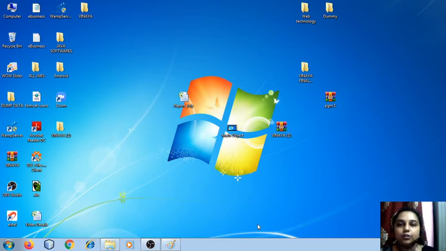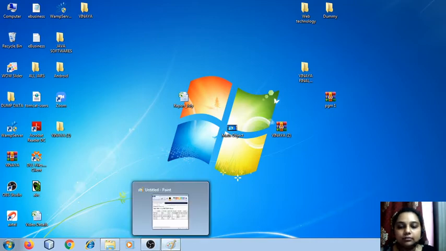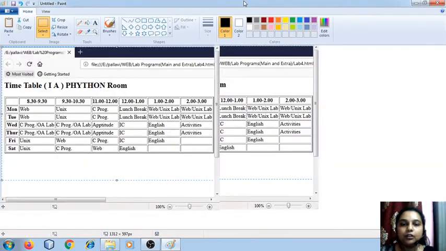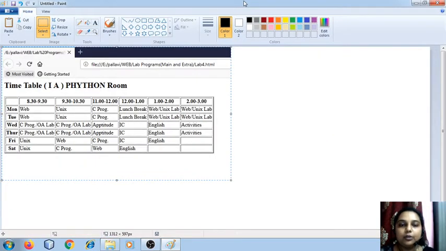In today's session, we are going to study term work 4 titled Write HTML code to demonstrate table tags. So this is the output that is expected. We have to use the table tag and create a timetable for a class. So when we look at the output, we clearly understand that we have to use table tag.